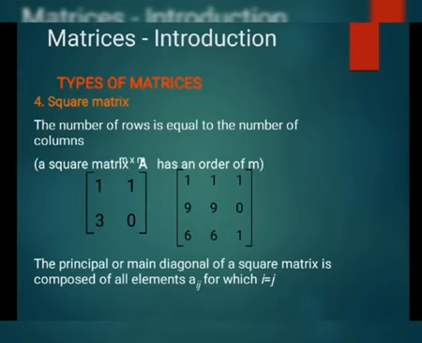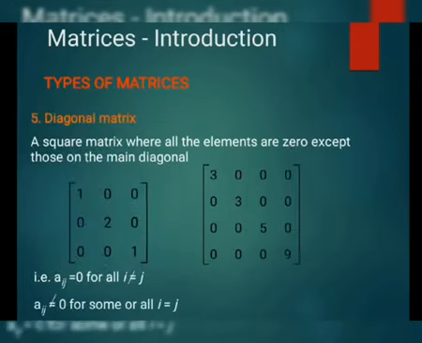After that, third is, this is again a square matrix of order 3 into 3, or we can say that this is a square matrix of order 3. In simple terms, you can say that the first is a square matrix of order 2 and the second one is a square matrix of order 3. In the first, the number of rows and columns are 2, and in the second matrix the number of rows and number of columns are 3. After that, the next type of matrix is the diagonal matrix.